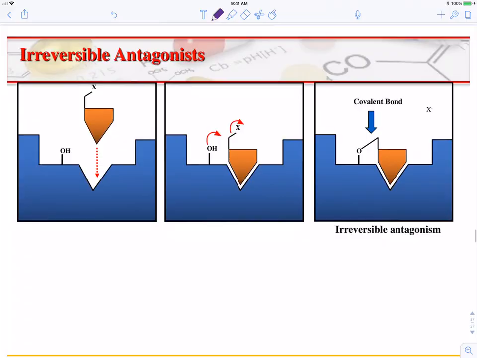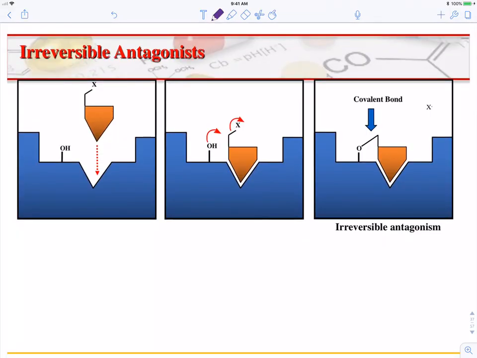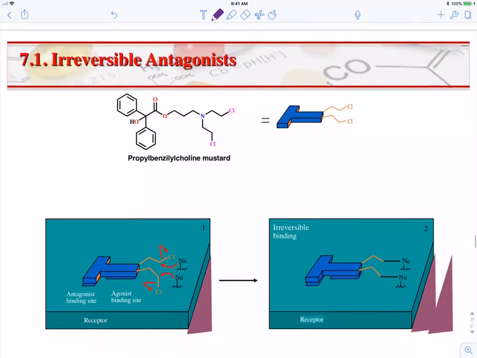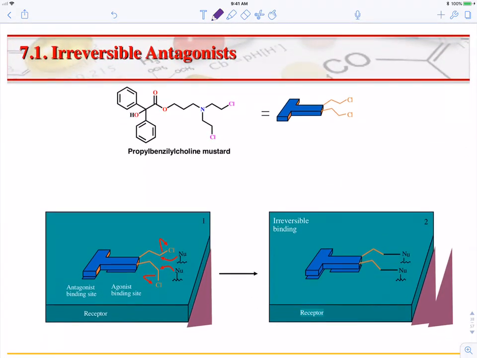Okay, another class of antagonists are irreversible antagonists, just like what we saw for irreversible inhibitors of the enzyme. Upon binding, we have a chemical step that results in covalent binding, and basically irreversible inactivation of the receptor in this case. Some examples of irreversible antagonists